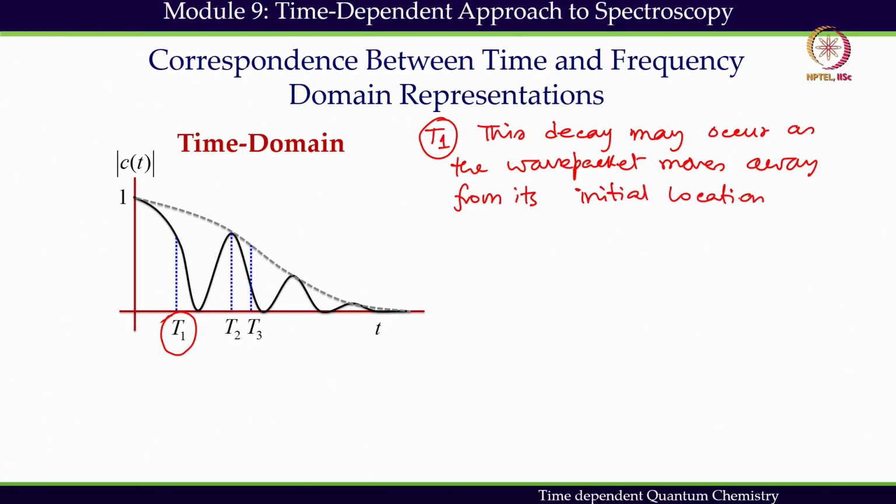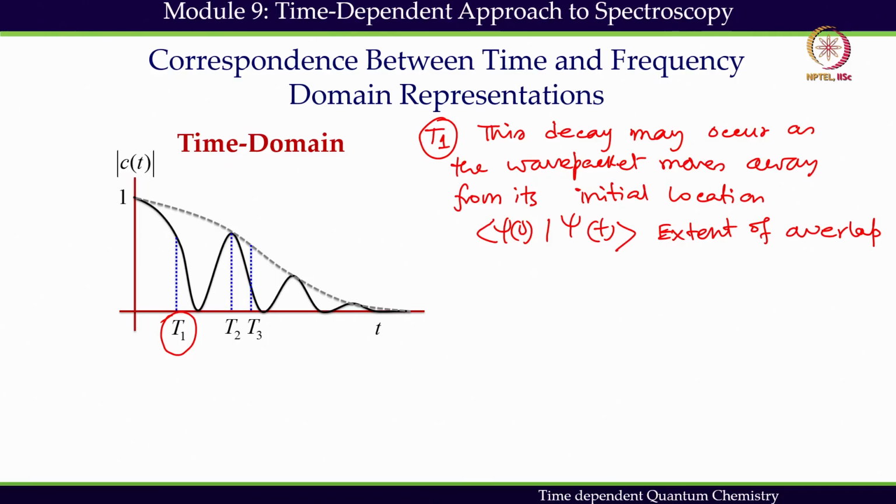So because this psi 0 psi t, again I have removed this x dependency here for clarity, that's all, it is the integration over the space. The psi 0 psi t is representing the extent of overlap. So it is the extent of overlap between the initial and the final wave packets, and as a result as